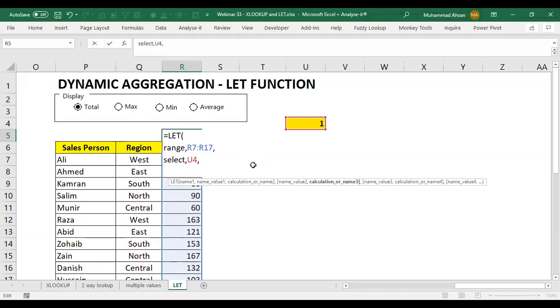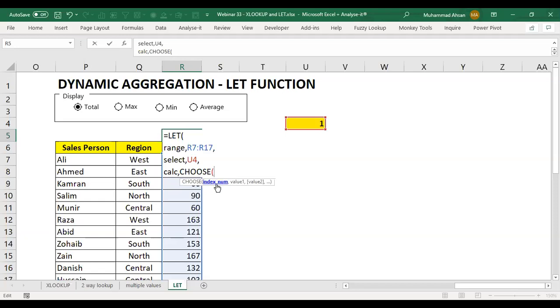The third line is the name of the third variable. So I will give a variable name which is calculation, short form calc. You can give any name to the variable. Now for this example, I'm giving the names differently. So it's a name calc, which refers to the calculation. And what we need to do is add the CHOOSE function, and the CHOOSE function's first argument